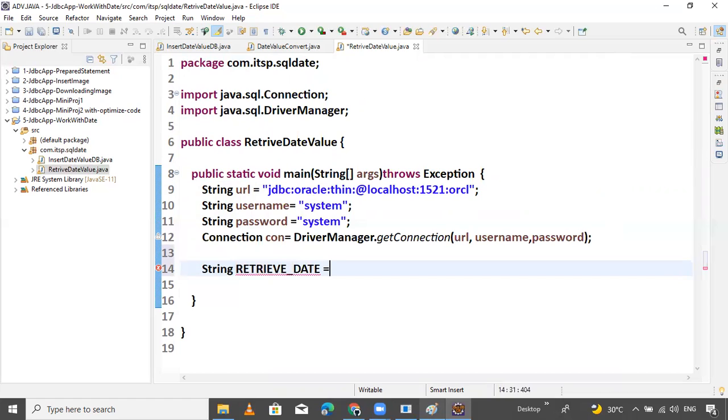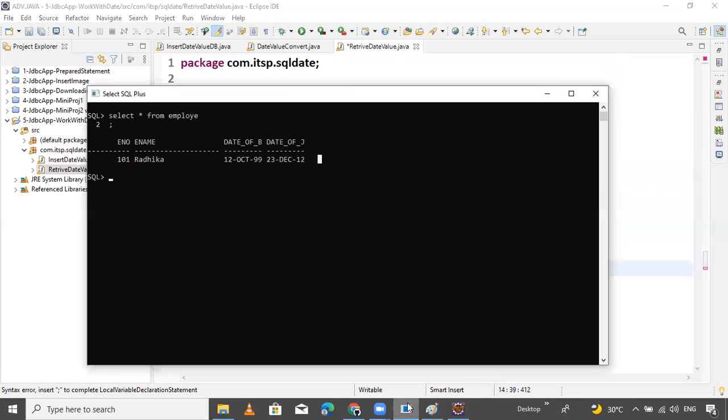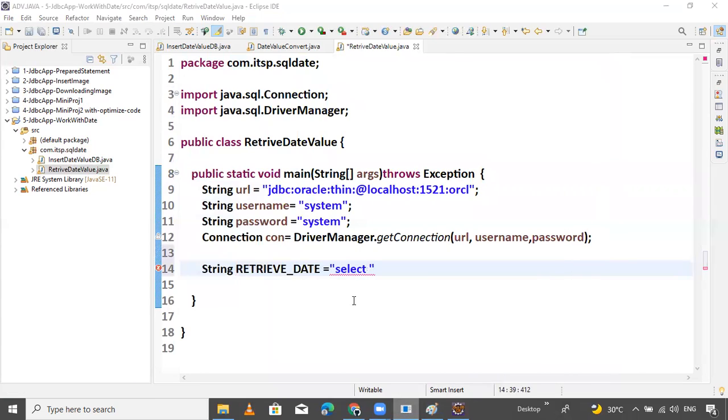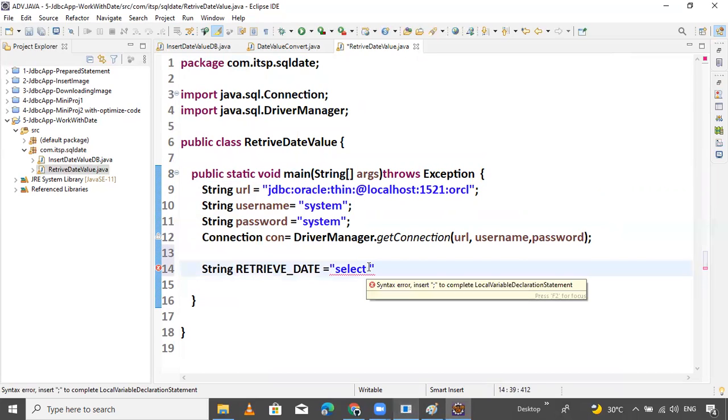Select star, and instead of star you can use column name also. Here the column name is not required, just pass star. Select star from employee.